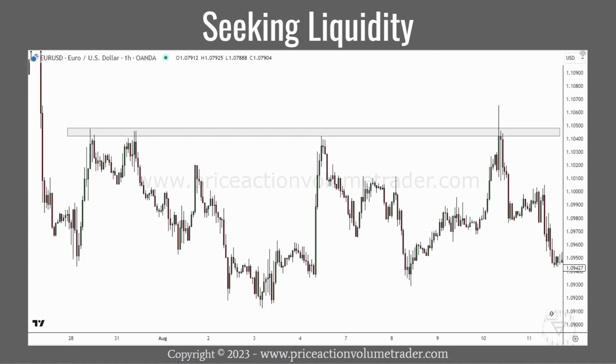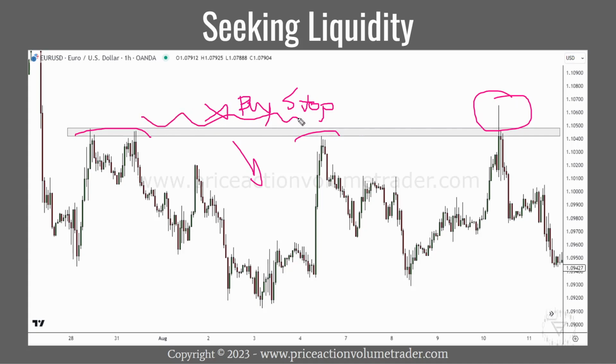Then we also have, this is Euro US dollar 1 hour. There's a whole theory out there saying that markets are targeting your stops. Like, we have very clear highs here, so we expect, in this case, since people went short, they're going to have buy stops resting right above this gray level right here, all these highs right here, and you can see the market comes in and just taps right above this area, looking for basically where there's a lot of resting orders, because markets are always seeking